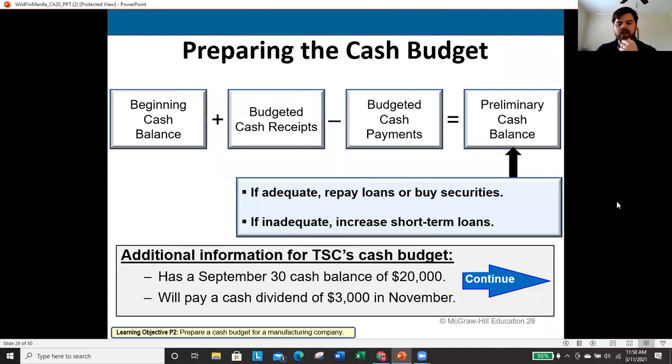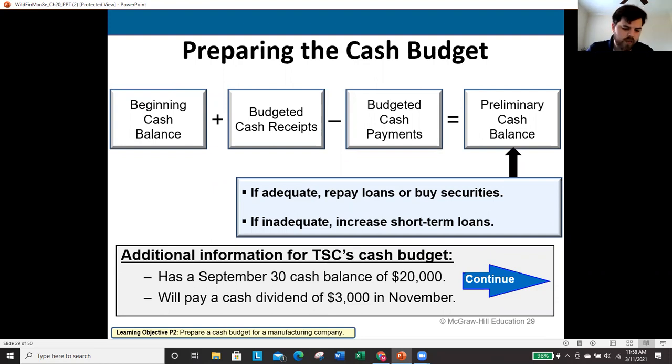Now, at this point, we can look at starting to bring this together to actually prepare my cash budget. So just as a reminder, that general formula that we saw, the first piece of it was beginning cash balance plus receipts minus payments, and that gives me that preliminary cash balance. That is where we then split out and we ask the question, do I have enough cash or do I not have enough cash? If I have enough cash, then I can actually go ahead and start investing in other items, start buying additional trading securities, for example, or I can start paying down the principal balance of additional loans. If I don't have enough cash on hand, then I will need to actually increase short-term borrowing.